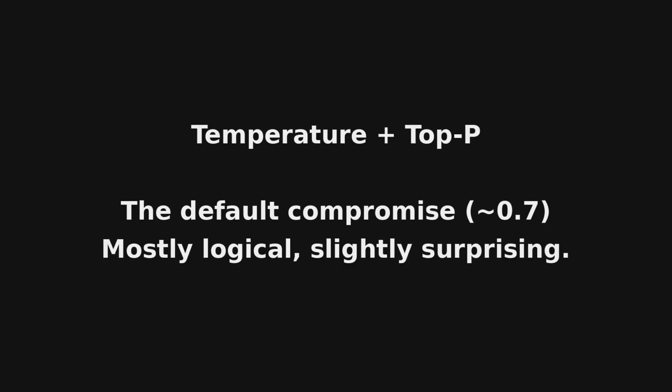Now, temperature isn't the only dial. Advanced systems use other filters, like top P, to chop off the completely ridiculous answers before the wheel even spins. But temperature is the master dial that controls the shape of the wheel. A high temperature flattens the landscape, making the unlikely possible. A low temperature sharpens the peak, making the likely inevitable. Most default settings sit around 0.7, a careful compromise that leaves the wheel heavily weighted toward making sense, while leaving just enough room for a little bit of surprise.